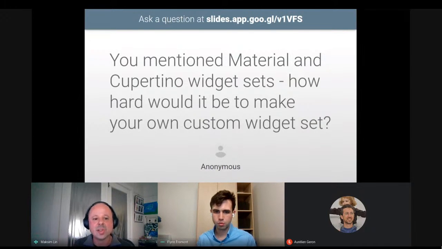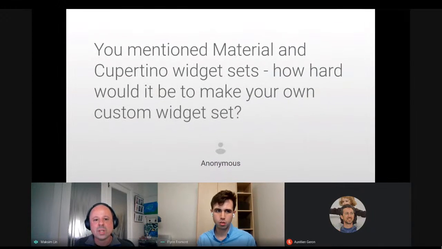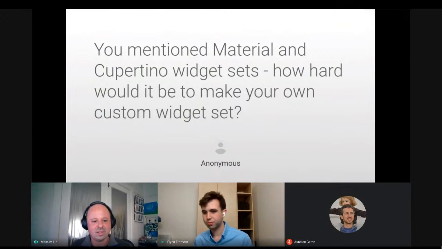That's their take on building widget sets to a particular spec. What they've built on is available for you to use as well. It's really easy and very common for people to build their own custom widget sets, or to start with the Material or Cupertino widget sets and customize them to whatever design system they like.